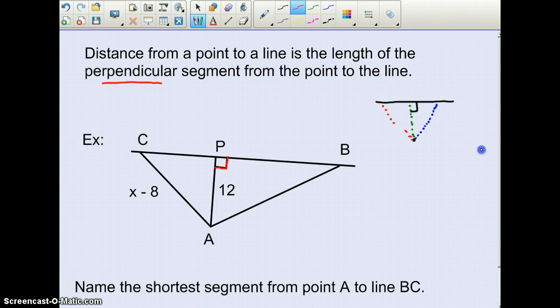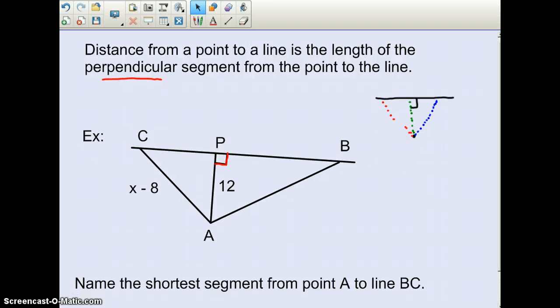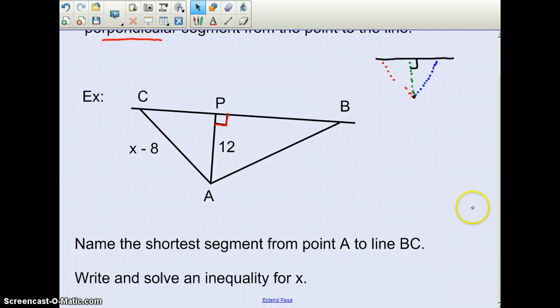So if we look over here at the diagram, I think it's just wanting us to name the shortest segment from A to line BC real quick. So here's our point A, and then line BC is right down here. So we know then that the shortest segment is going to be that perpendicular segment. So segment AP is going to be that shortest segment. So that length 12 is going to be the shortest distance. This AC is going to be longer than it, and this AB is going to be longer than that distance